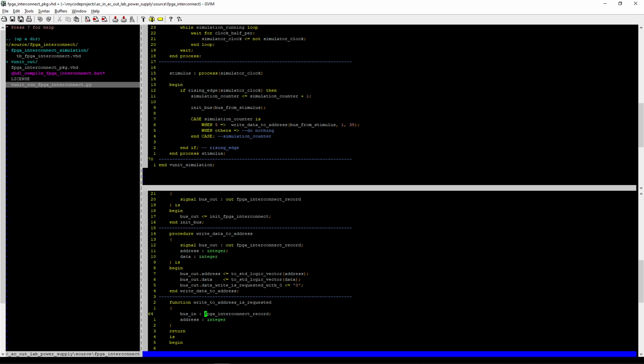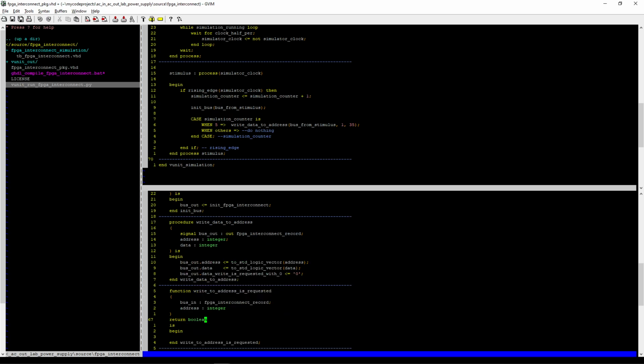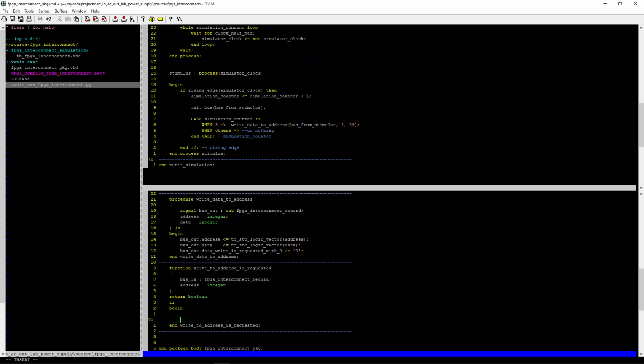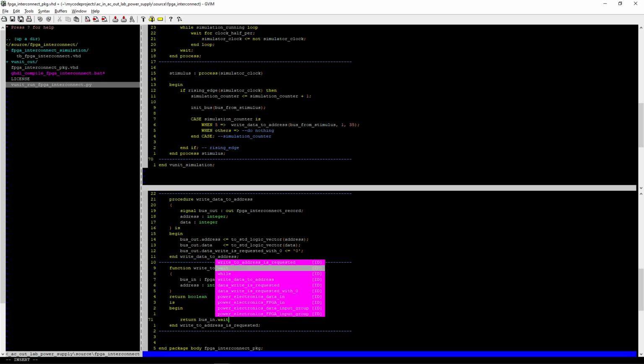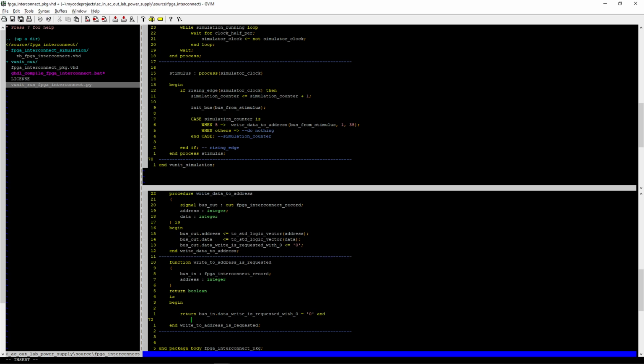We don't need the input here. And this will return a Boolean value. So it will return true, return bus in dot write is requested with 0 equals 0, and we check that